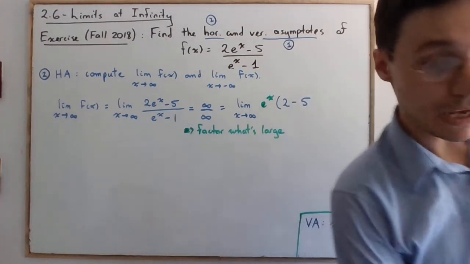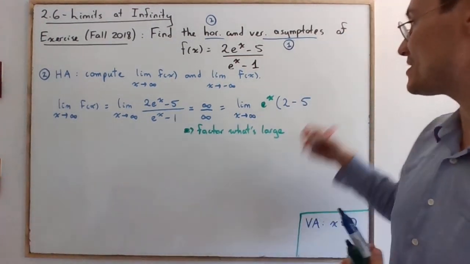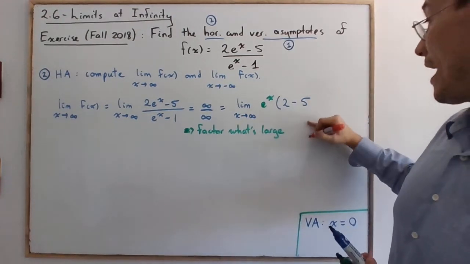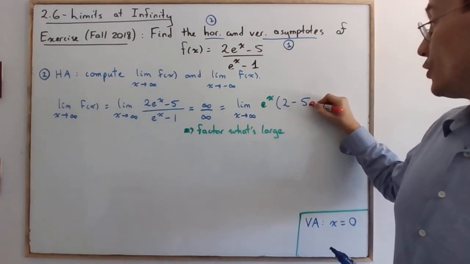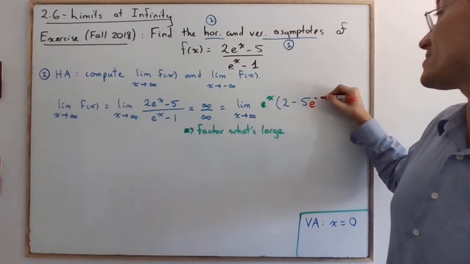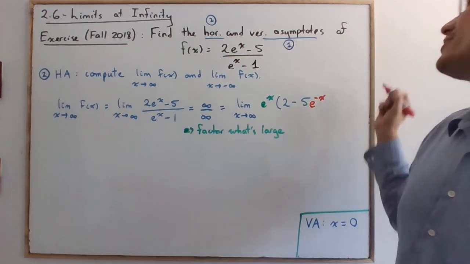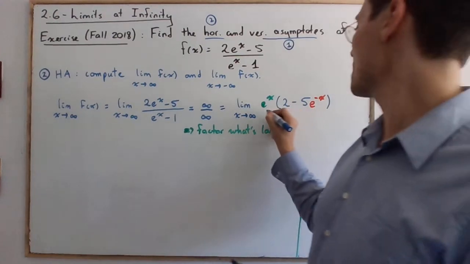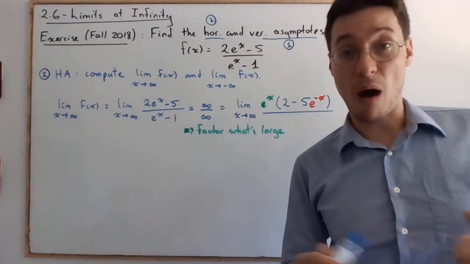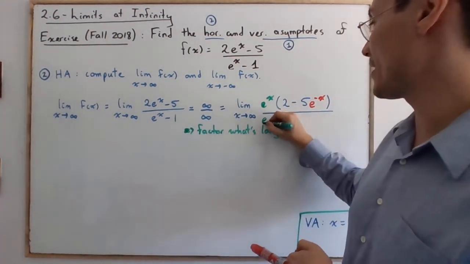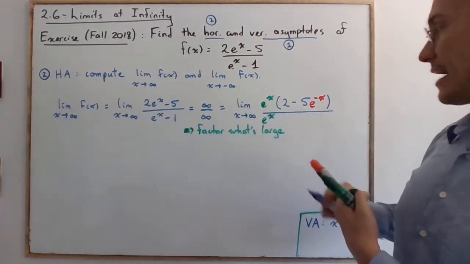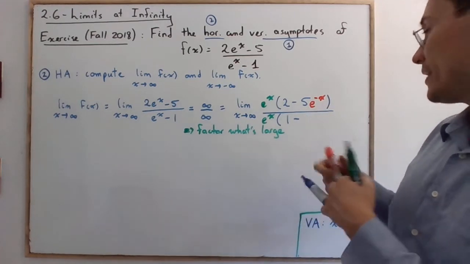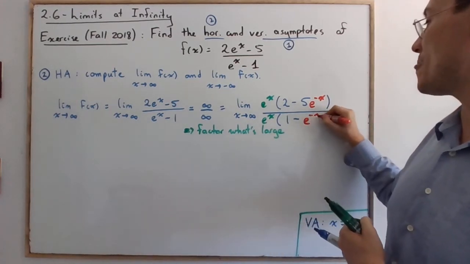And here, a little trick that I can give you is to use the rules of exponents to your advantage. So after you factor out e to the x, you will have e to the 0 minus x, so e to the negative x. Whew! That was hard to say. Same thing at the bottom, right? So you have to factor the e to the x here, and you will have 1 minus 1 times e to the negative x.